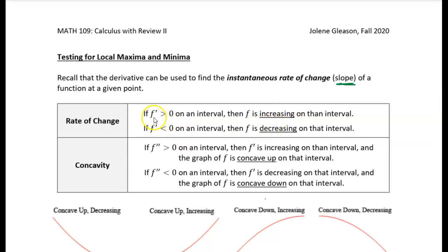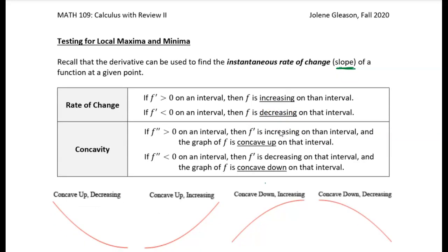And so if the first derivative is greater than 0, so positive, then the function is increasing on that interval. And if the first derivative is less than 0, so negative, the function is decreasing, or the slope is negative, right? So if you take a look at these diagrams down here, you can see some examples of increasing and decreasing functions. So you can see in this example here, if we looked at the slope of the tangent line to any point on this curve,